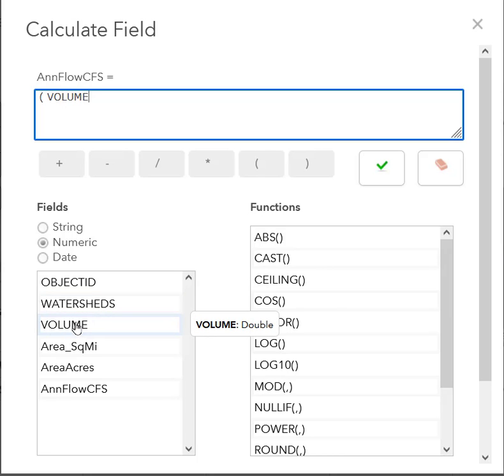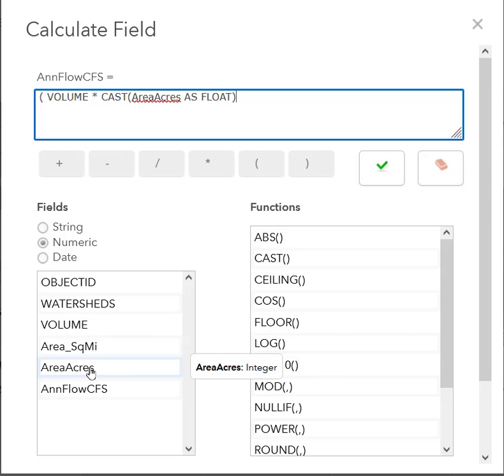And then I'm going to click on volume. And then I'm going to click on the operand for multiply by, and I'm going to click on the area in acres. Okay, and it puts some extra little coding in there, but it does it for you automatically, so you don't have to worry. And then I'm going to close because I'm doing